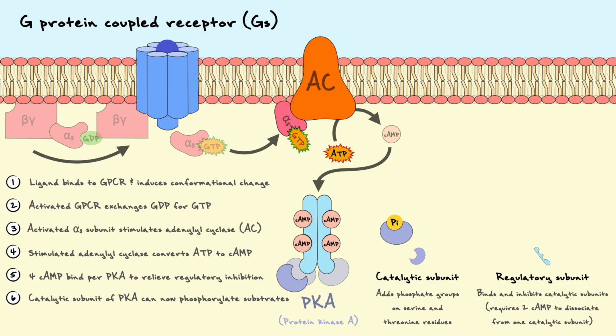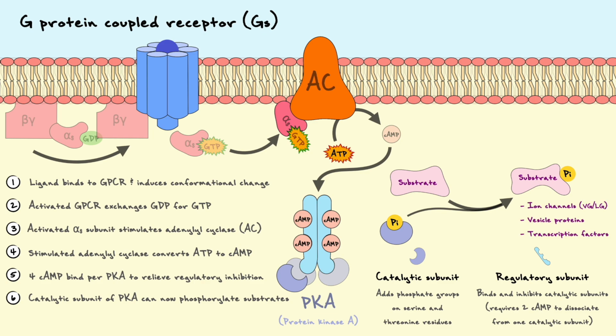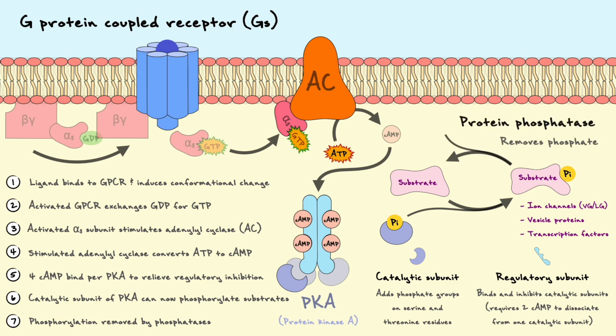The free catalytic subunits are now able to phosphorylate substrates at hydroxyl groups of their specific serine and threonine residues. The most common substrates of the catalytic subunits of PKA in neurons include voltage and ligand-gated ion channels, proteins on synaptic vesicles, certain enzymes that are involved in transmitter biosynthesis, and proteins that regulate gene transcription. The phosphorylation by PKA is terminated by a category of enzymes named phosphatases, which cleave the phosphoryl group off of